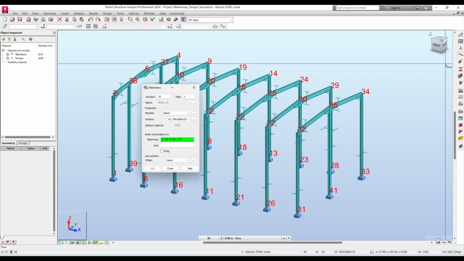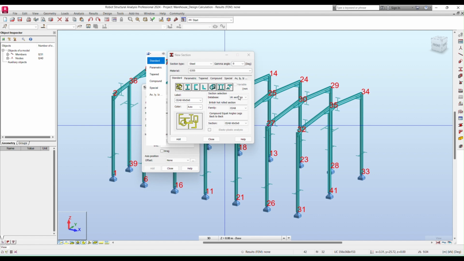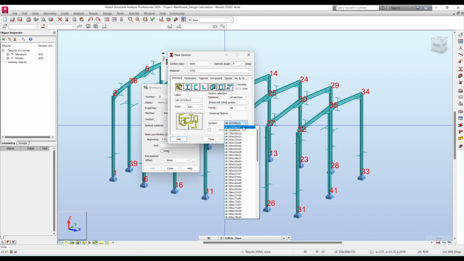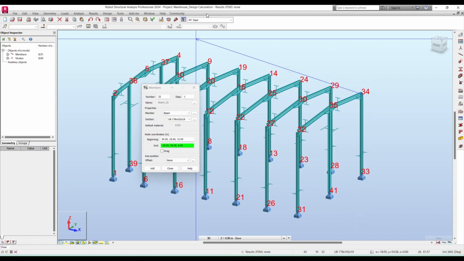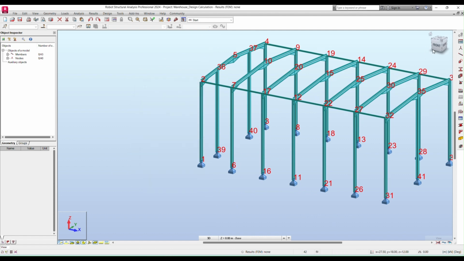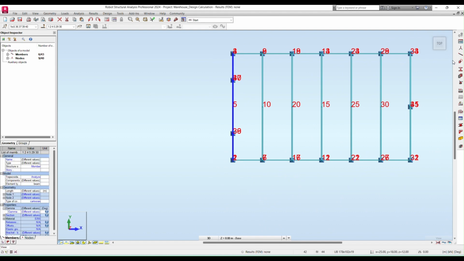now we need to add the UV tie, same members, but this time we can select a lesser dimension beam, UV beam. So here we can consider 178 by 19, adding here, and we need to draw from here to there. So after adding the UV tie beam, then we need to take a section of this portion to make the